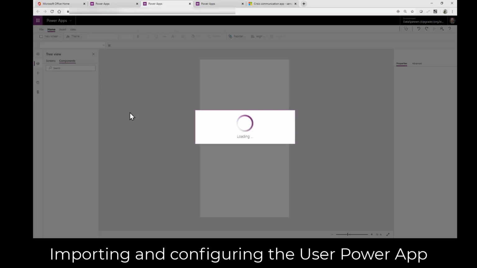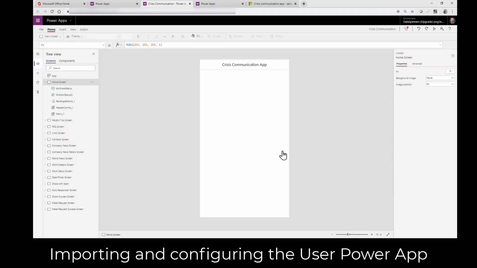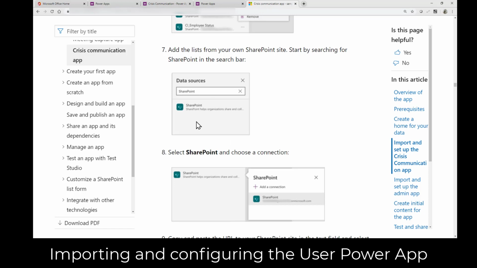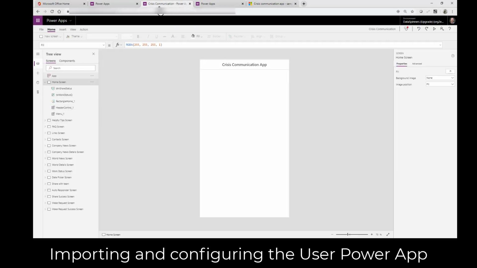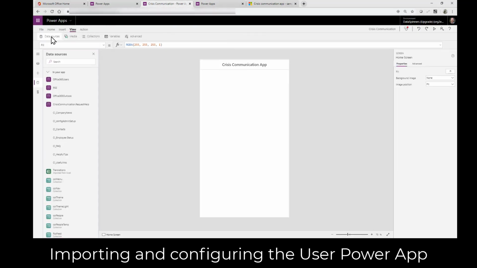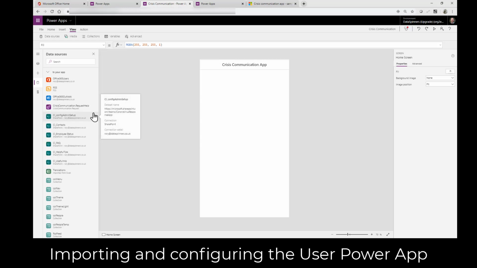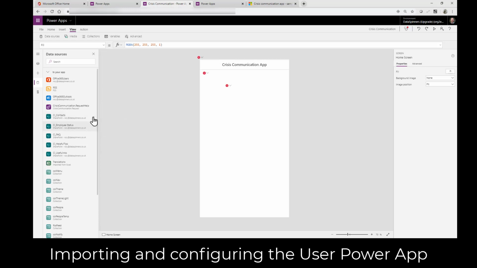So I think the reason why this wasn't rendering correctly was quite normal, and it's because it's connected to, in fact, the list it was trying to connect to, it doesn't have a connection for at all. So I'm just going to verify how they want me to do this. So yeah, you need to go to data sources. So over to view data sources, and then these are the ones that we're going to get rid of. So I'm going to remove, oops, there's all my SharePoint list, and then remove. In fact, you can see all the errors starting to appear, which is fine. And remove,